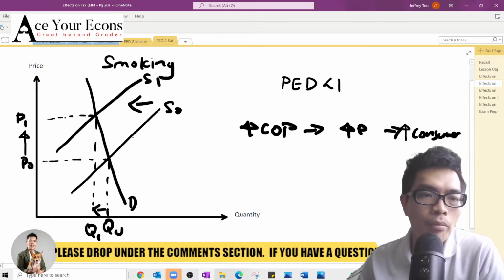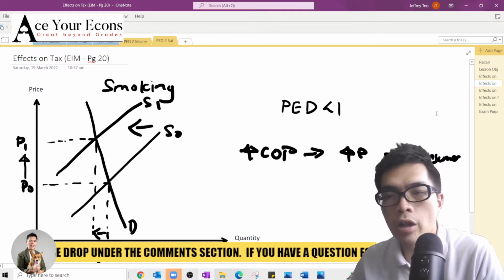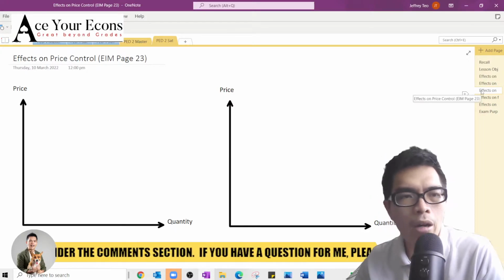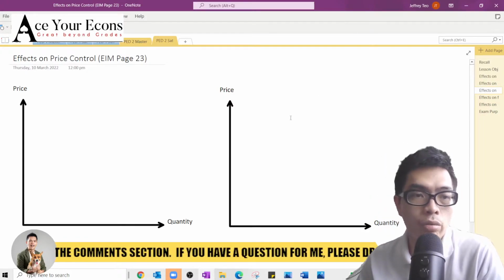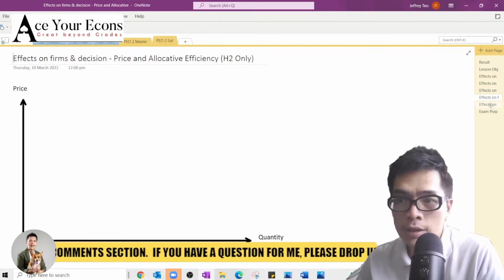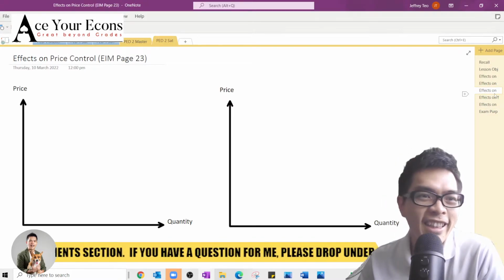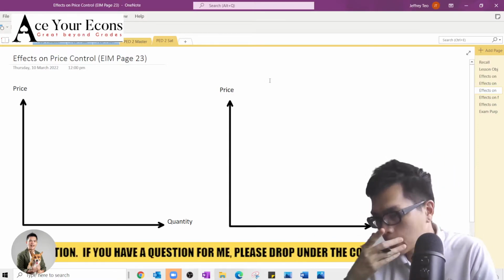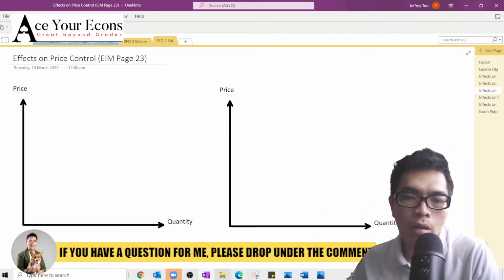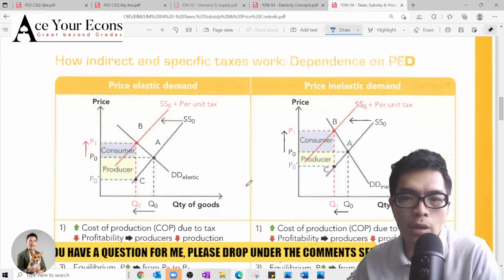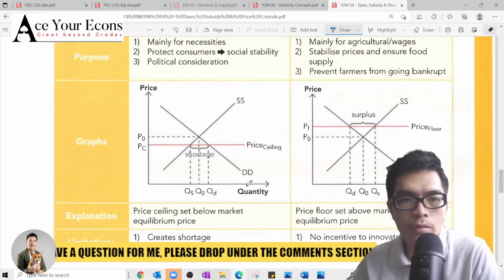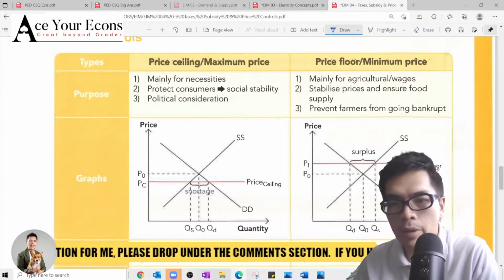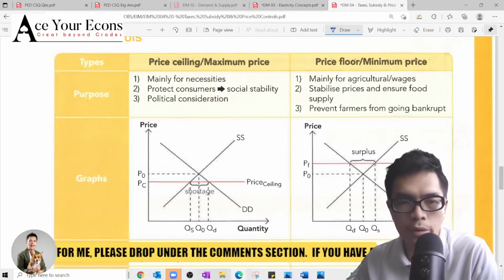So with this, I'm going to quickly move on. I'm not sure whether I want to cover the rest. Maybe I will cover a little bit more on price control. Then I'll probably skip the other two. The other two is getting more and more advanced. Price control is something that we'll be learning really soon. I just want you all to make a mental note. These are the two price controls that we'll be learning: price ceiling and price floor. We'll be learning in about 2 to 3 weeks time.